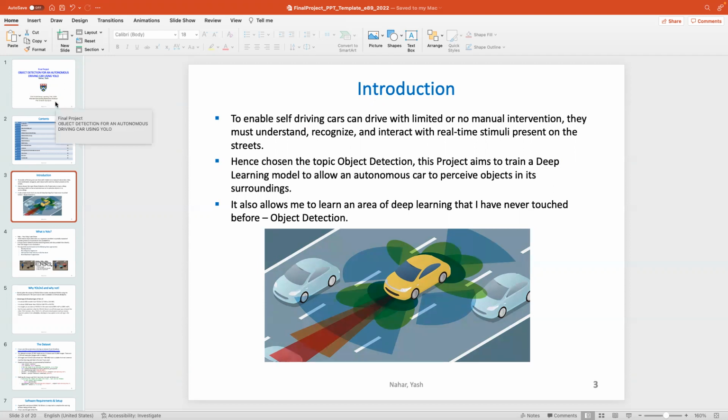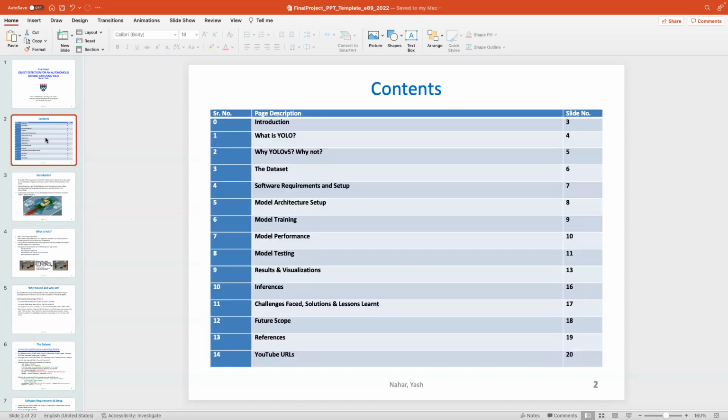Having said that, I have chosen the famous YOLO state-of-the-art object detection model, which is very good at performing object detection in complex scenes at very high accuracy and fast processing speeds. So today I will go through the entire work that I did for this project, where we will first touch upon what YOLO is, its architecture, and why YOLOv5 I chose specifically, the data sets, and then